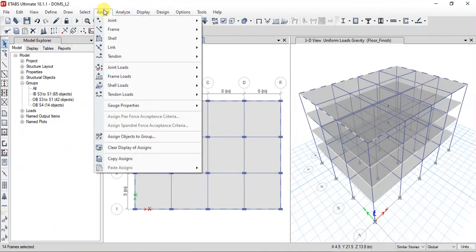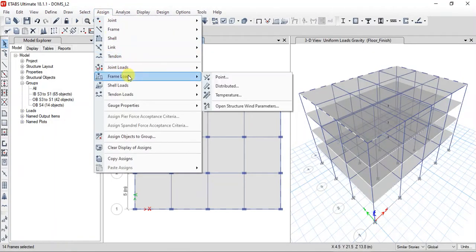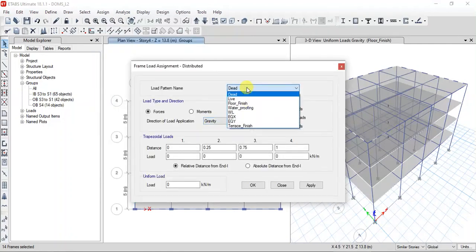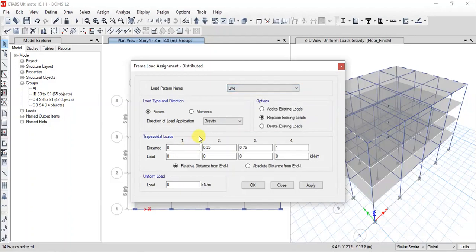So let us assign. Go to assign frame load, because we are applying this on the beams. Frame loads, apply distributed load. It's a UDL load, and we may consider this as a live load coming from a masonry wall, or you may consider it as a wall load.